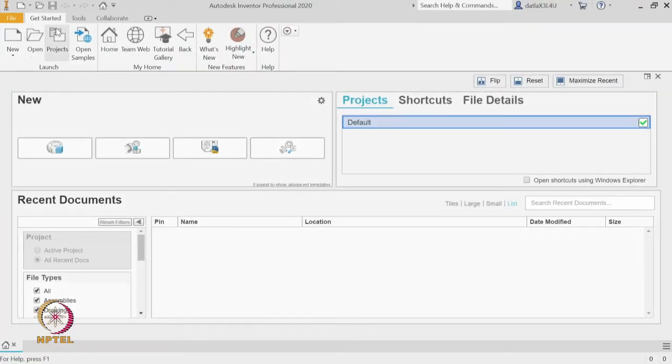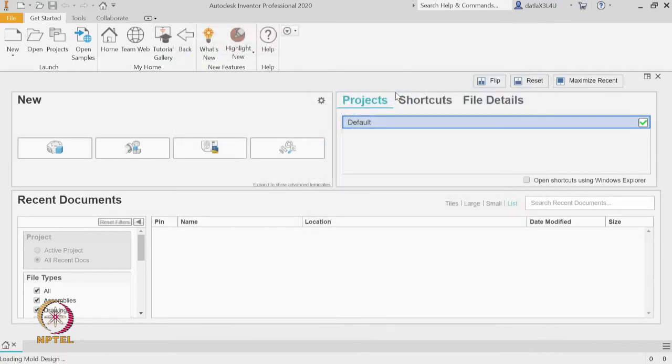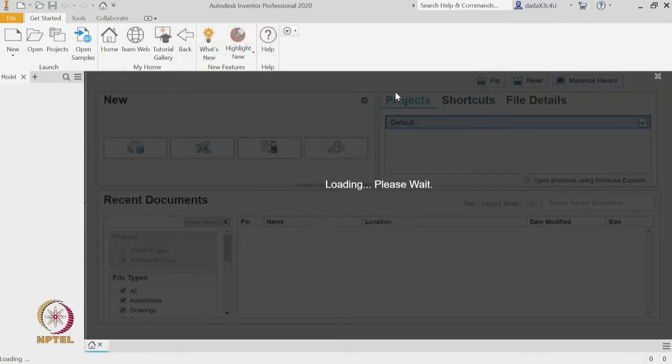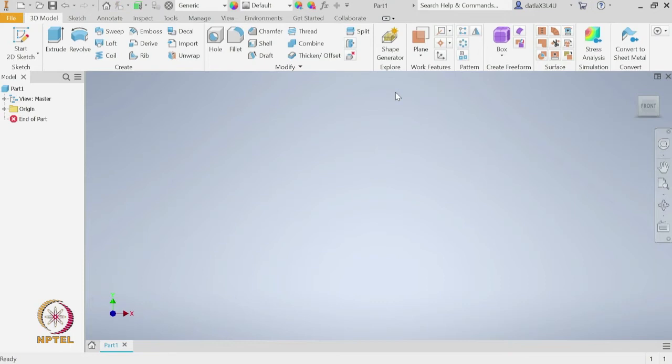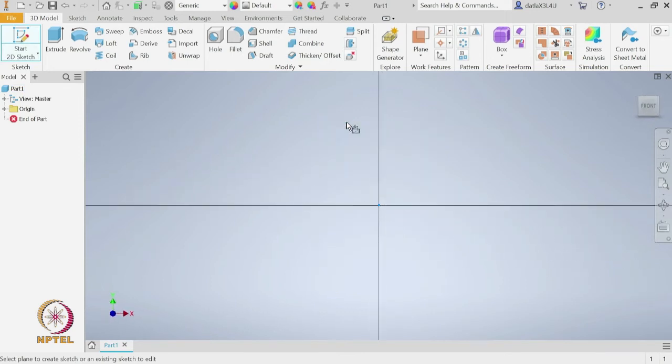So, we are at the initial interface. First let us start by choosing a part template. Let us first create a 2D sketch by choosing, let us say, the xy plane.